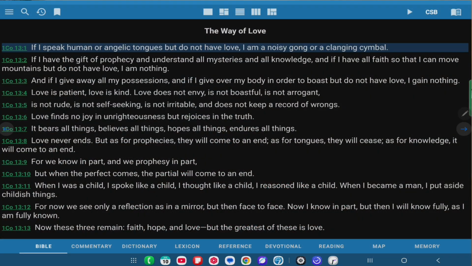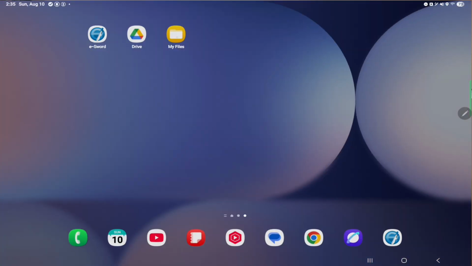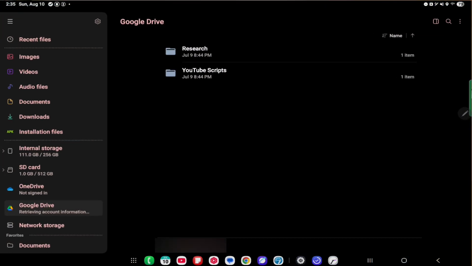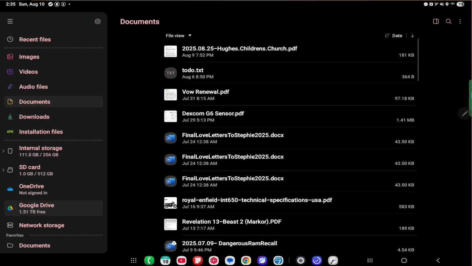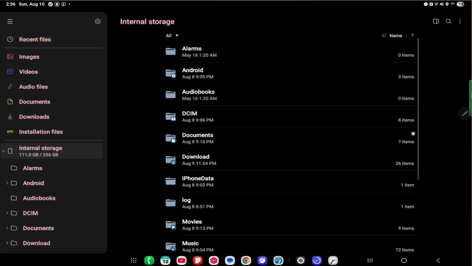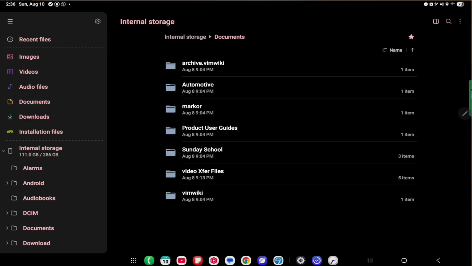And we'll go from there. So first thing that you're going to want to do is go to your My Files app and go to your Documents folder, and you can basically create a new folder if you want to. I think we can go to internal storage and then Documents, and you see all of the different folders that